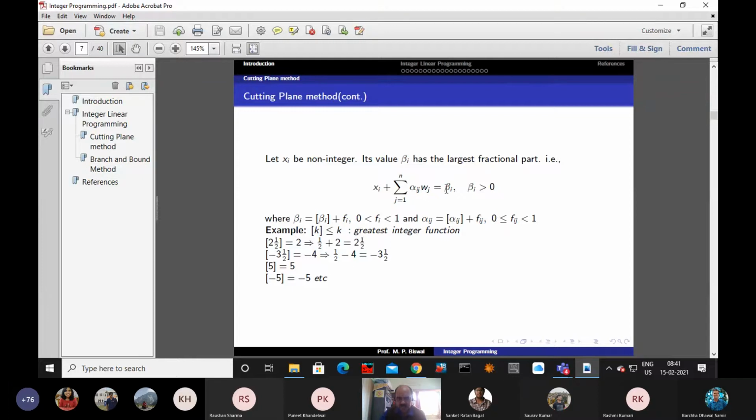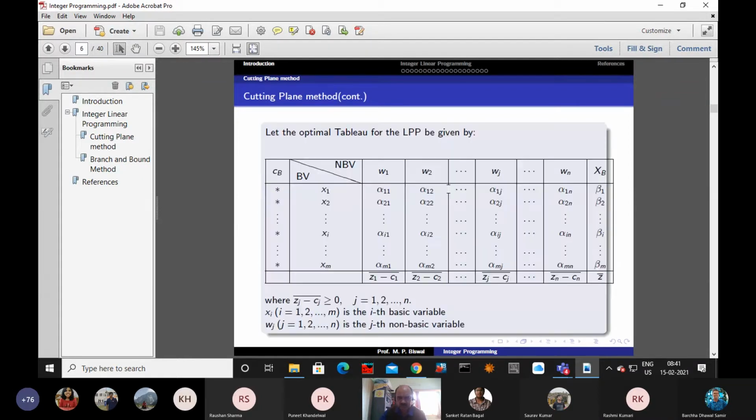So how to write? This is the rule we write. You see here, initially these constants are a11, a12, a13, and so on. After a few iterations, the value is changing. Let me say after a few iterations, when you are finding the optimal solution of the decision variables, that is beta 1, beta 2, beta m, the corresponding aij becomes alpha 11, alpha 12, and so on.